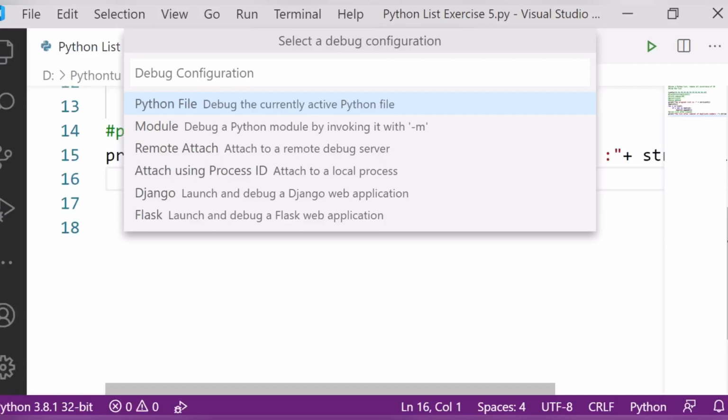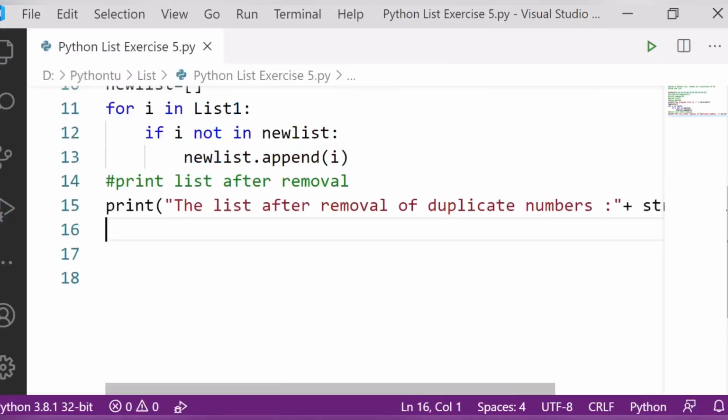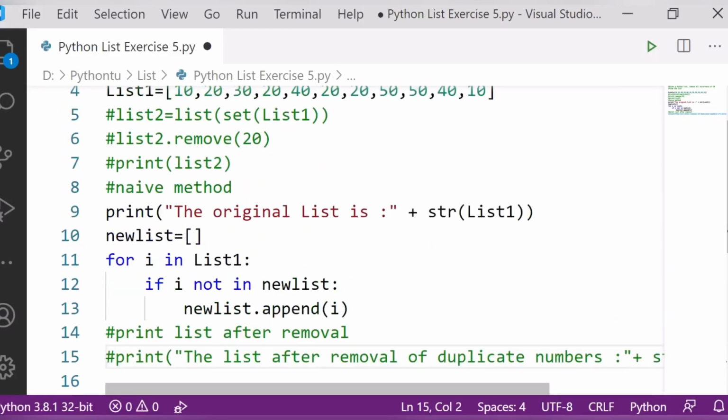Fine, so let's see. Let's check the fastest method now, that I told you, where we will use from keys. So let me comment out all the things.